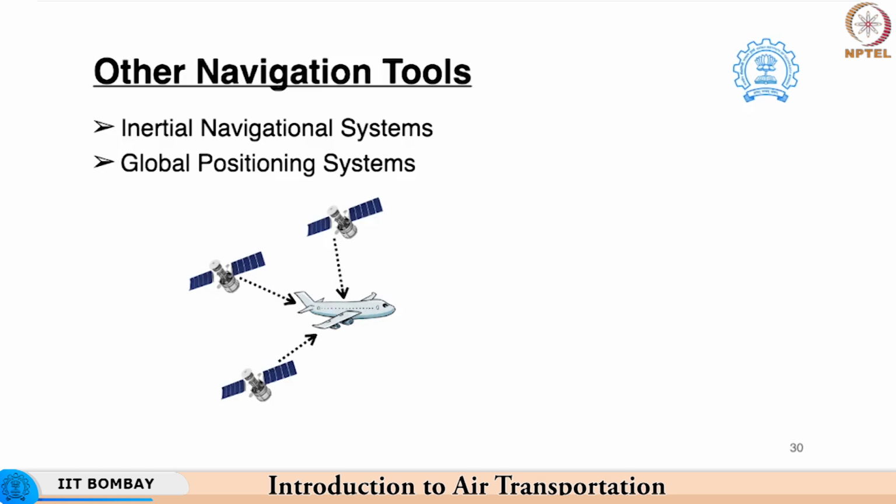The other navigation tool that is used for such flights is called the global positioning system. These operate based on the fact that the aircraft will receive signals from more than three satellites, and based on a triangulation of these signals, the overall coordinates of the aircraft can be obtained. It is the combination of this GPS, or global positioning system, with the equipment available on the aircraft that the aircraft is able to operate in a very efficient and precise manner.